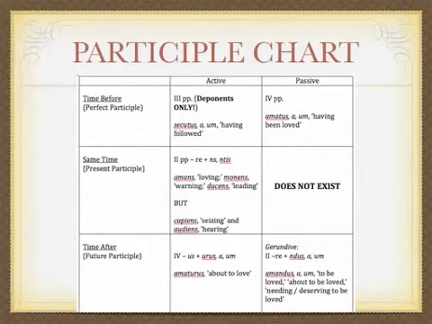So here is the chart. If you need to pause this and write this down, do so. Right? Notice that your same time present active participle is ins, intus, which you should know. Your perfect participles can be both active, if you have a deponent verb, or passive, having followed or having been loved. And your future active participle uses the fourth principal part, though it makes an active form with urus, a, um, and then it uses the gerundive for the future passive participle.